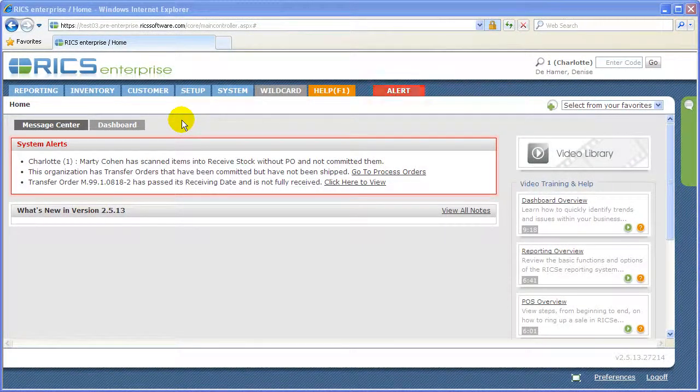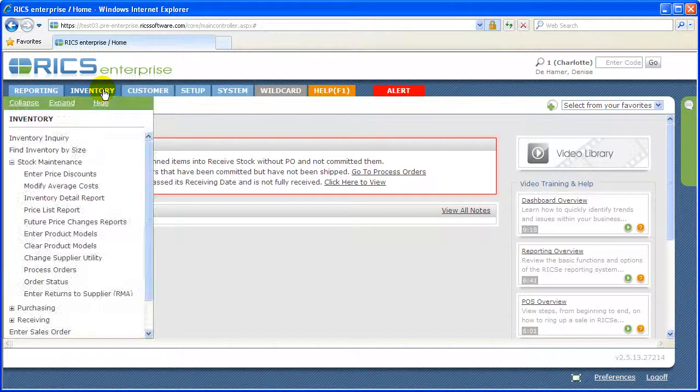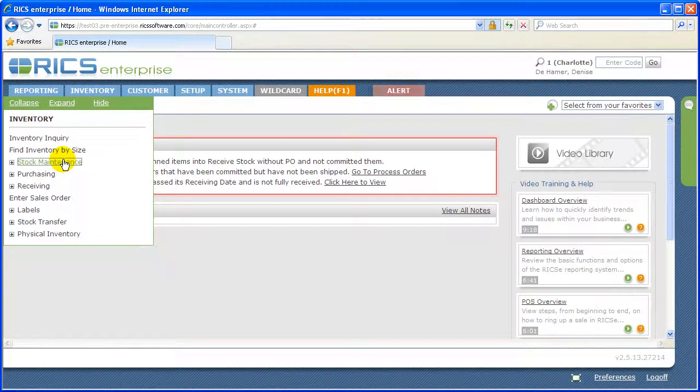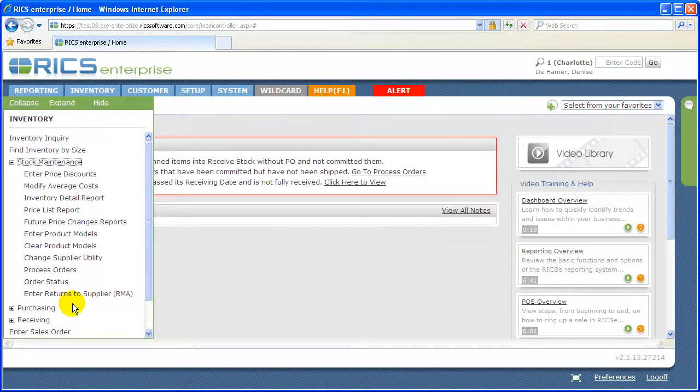In this video, I'm going to show you how to use the Enter Returns to Supplier when you're taking something out of your inventory and sending it back to the supplier. To get there, at the top right-hand corner, you have to be at that store number that the inventory is located in. So if you're not, you want to make sure that you change it to that particular store number. Once you do that, you can click on Inventory, Stock Maintenance, and then Enter Returns to Supplier, RMA,